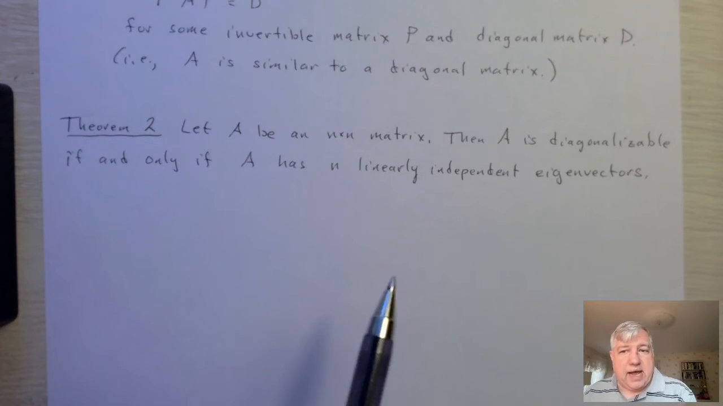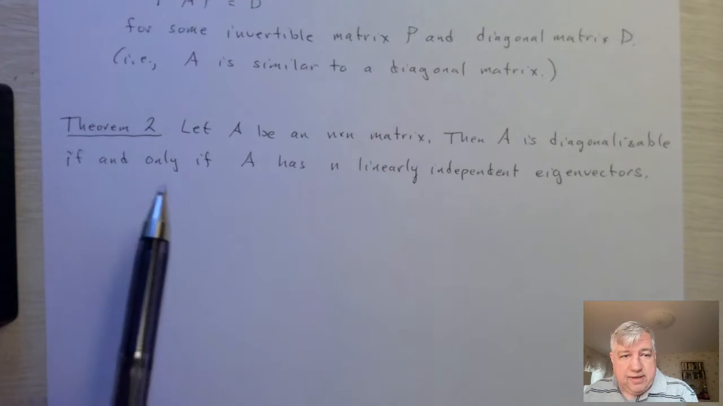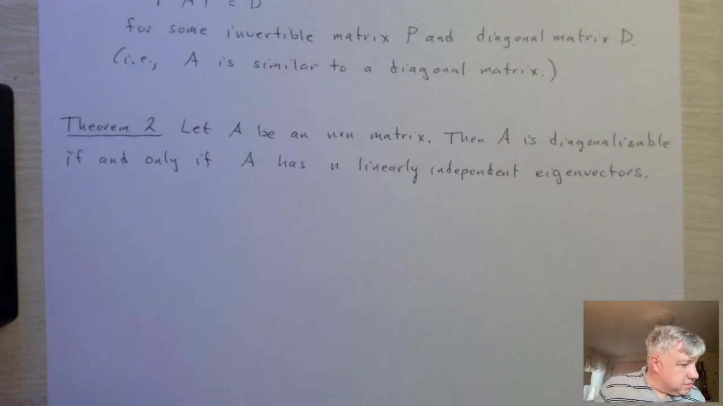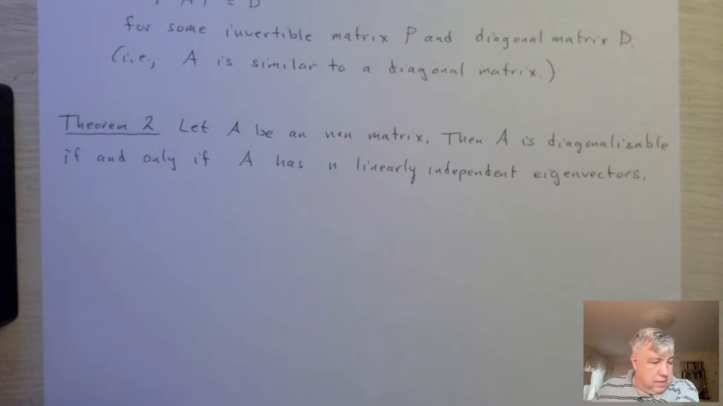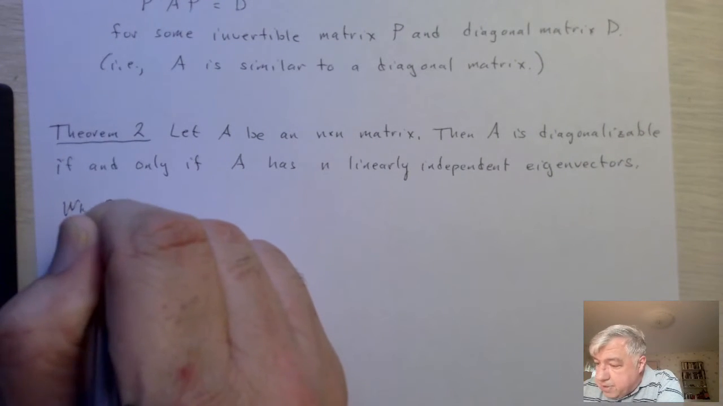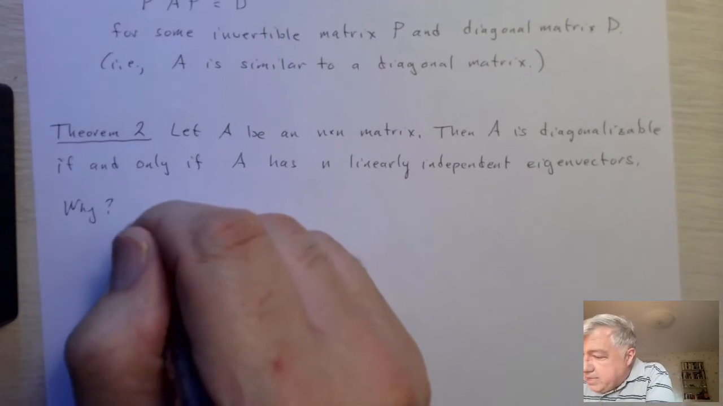Matrix A is diagonalizable. If it's n by n, it's diagonalizable if and only if A has n linearly independent eigenvectors. Okay, so we want to prove why that's true. First of all, why is this true? Okay, so if A is diagonalizable,